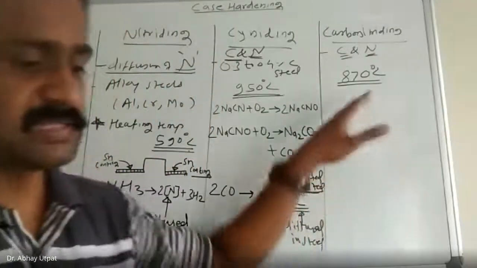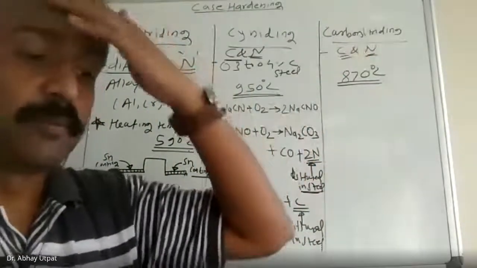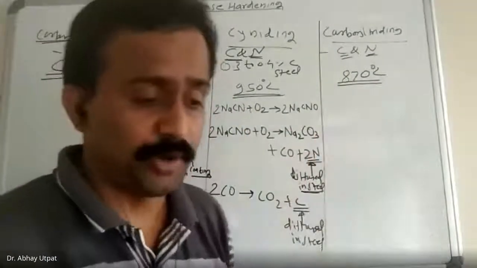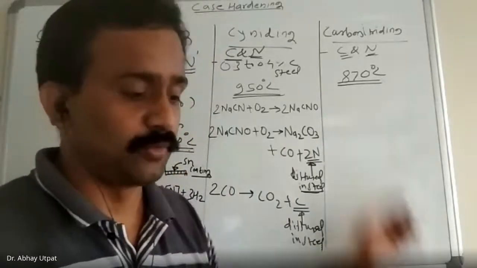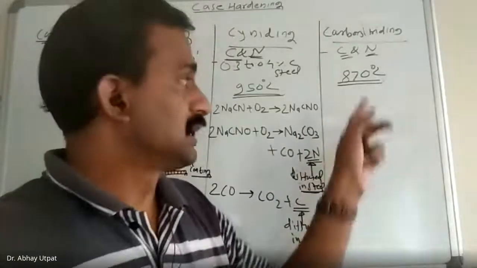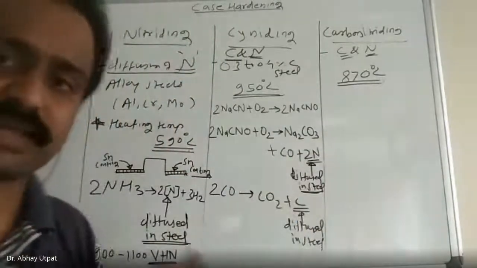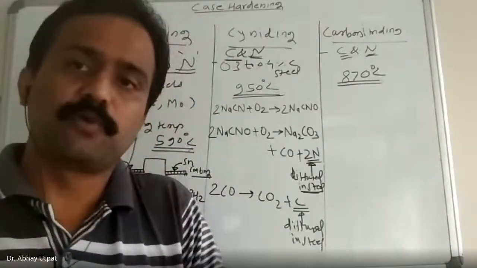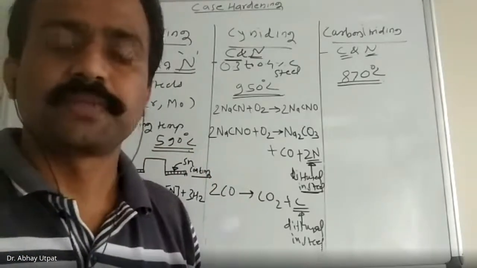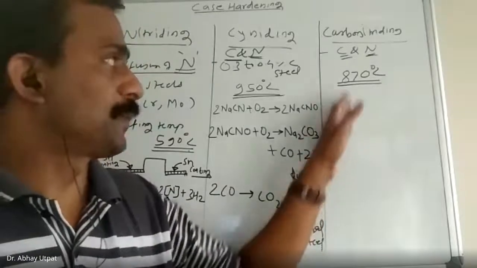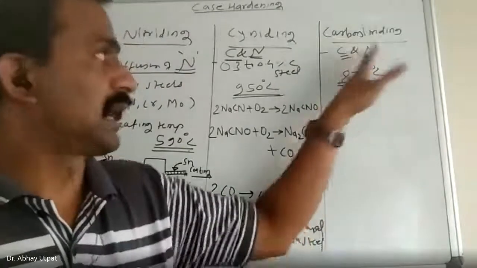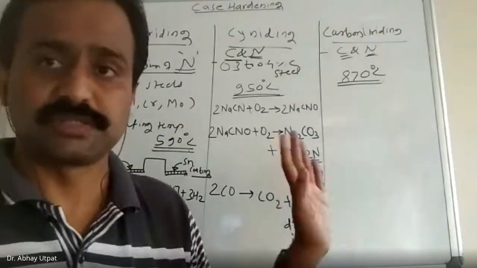So cracking of the gases takes place, and carbon and nitrogen both get diffused to form the case depth of around 0.05 to 0.075, and nitrogen is more responsible for hardness in this case. This has close control over the case depth, because you can control the amount of gas by changing the knob of the nozzle. So in this case, the diffusion of carbon and nitrogen both takes place. This is called carbonitriding treatment. It is a costlier process.